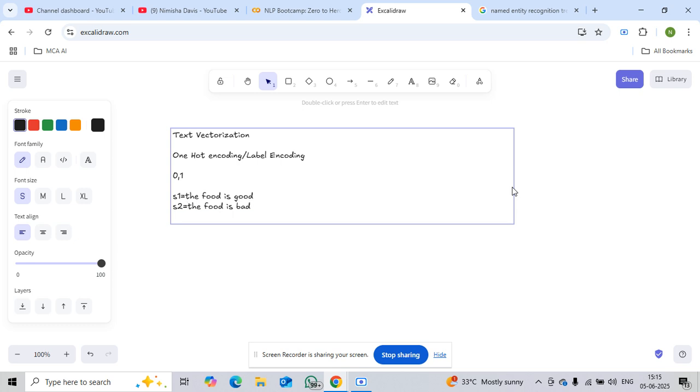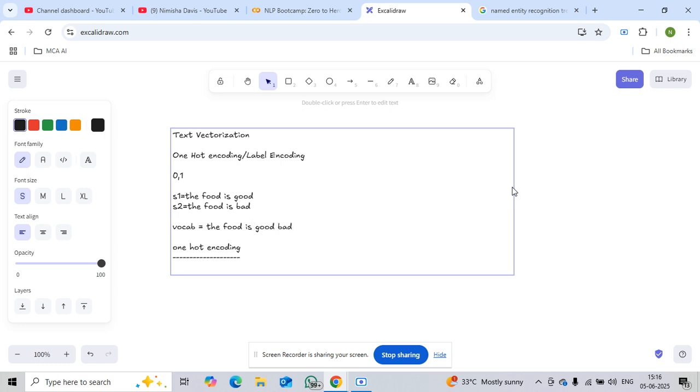If these two are our sentences, and if we implement one hot encoding here, what's our vocabulary first? Just write our vocabulary. The vocabulary is: the, food, is, good, bad. Okay, vocabulary size is 5. So, if we implement the one hot encoding,